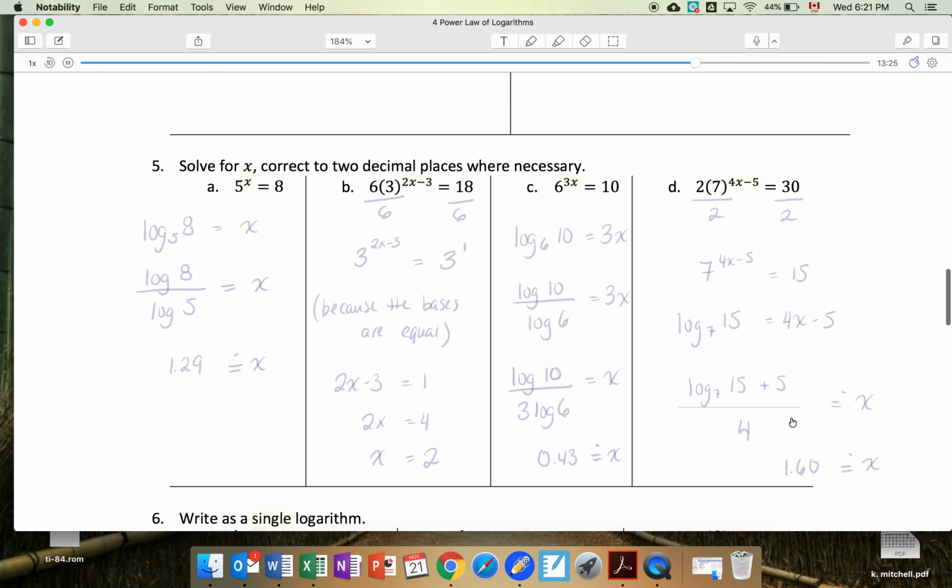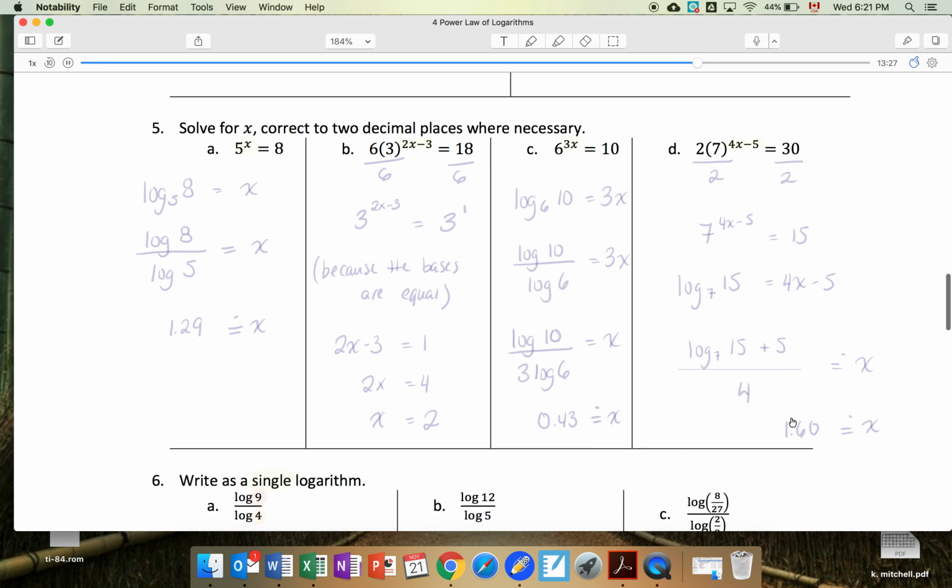the answers up pretty quickly. And then I'll go on and do number 6. So I'm going to, like I said, do one question in number 5. So it says solve for x correct to 2 decimal places. So we're going to rewrite this